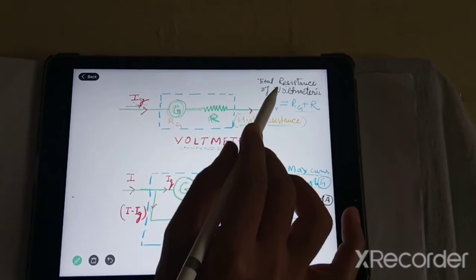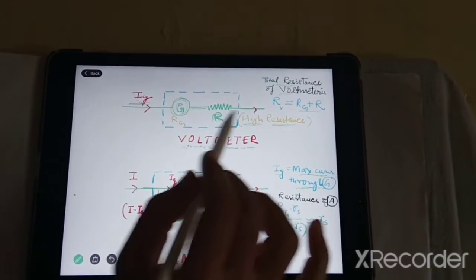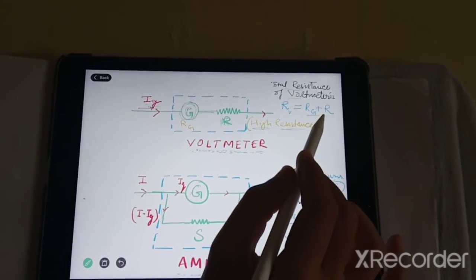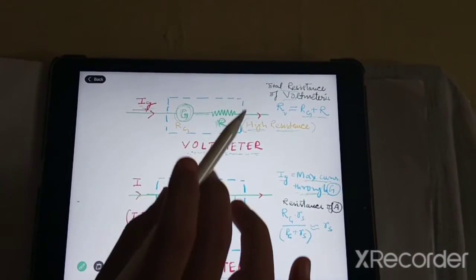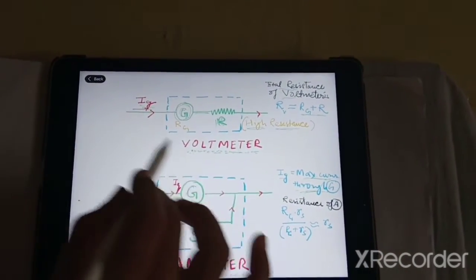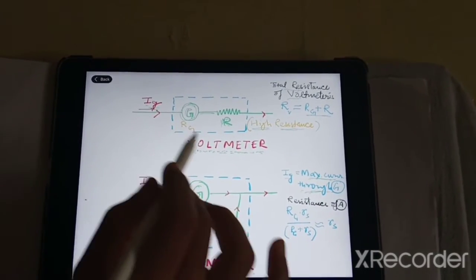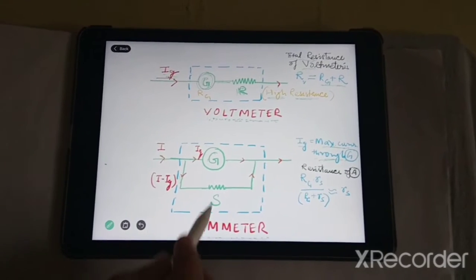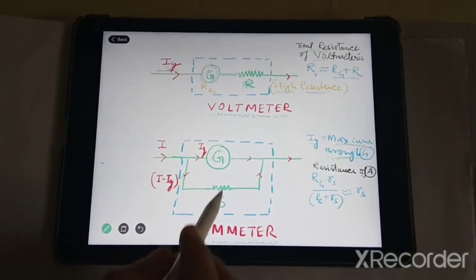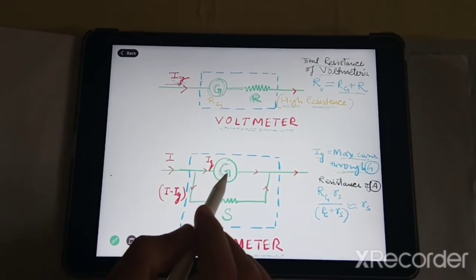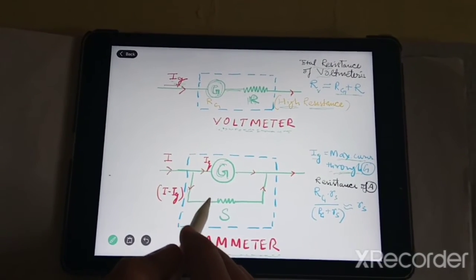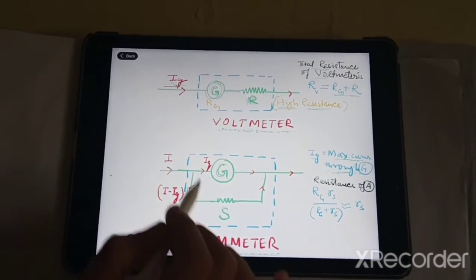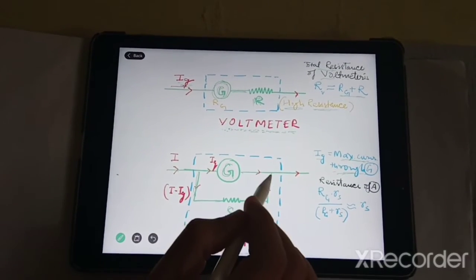So the total resistance of the voltmeter is the series resistance of Rg plus high resistance R. So this is the modification for a galvanometer into a voltmeter. Now galvanometer into an ammeter. The modification is this is a galvanometer and this is a shunt, a small resistance, and it is connected in parallel